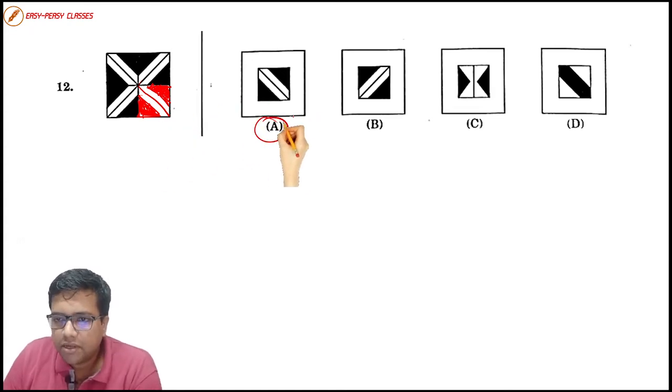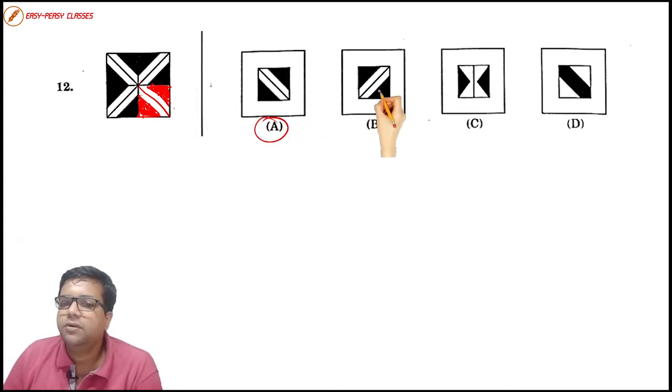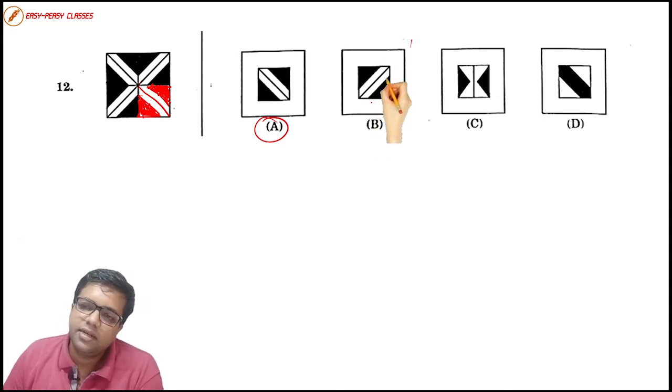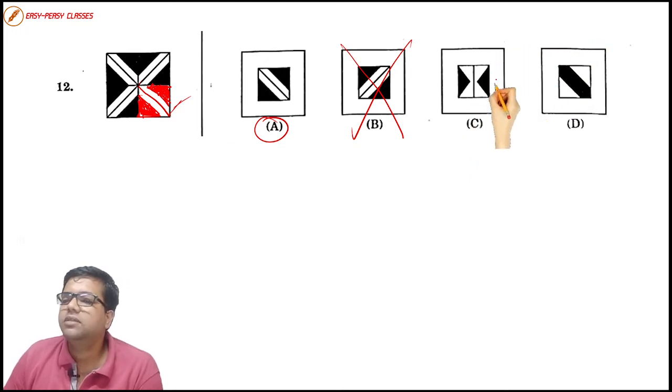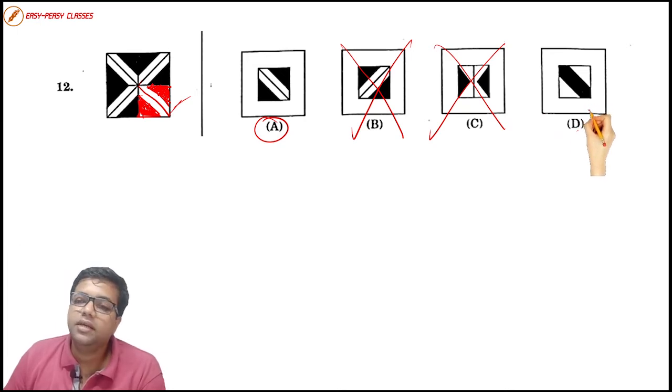All right. So we are looking for a figure which should match our completed figure like this. We have option number A, option number B. We do have it, but on the other sides of the square we have the triangles which don't match our completed figure. Option number C, by looking at it itself you can eliminate it. Oh, option number D is there. In option number D, the color has been done to the center. Instead, the color should have been done over here, and there should have been a diagonal over this place, right?